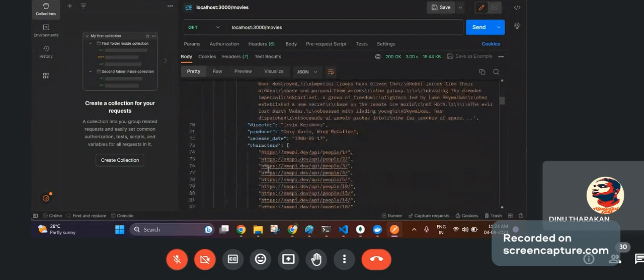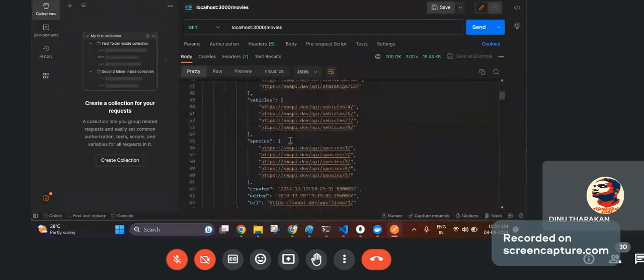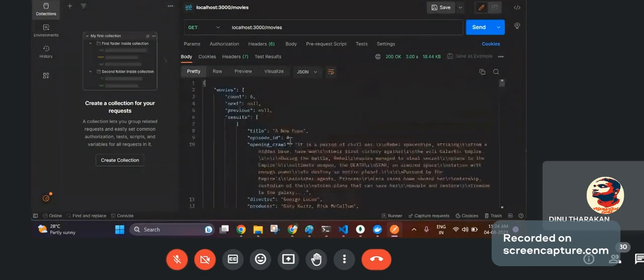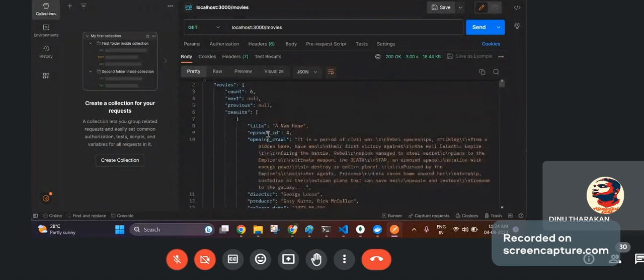My application now, which is running inside my host, not in a container, is making a call to the internet. So my Node.js application, which is running on my laptop, can make API calls to the internet world. Now, let's consider that I liked a movie known as A New Hope. You can see A New Hope.